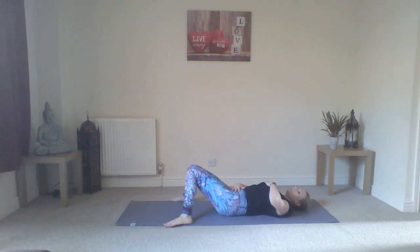So when you're ready, I'm going to come down to the ground, keep the knees bent and take the feet out as wide as the mat. And just allow the knees to drop in together. Arms can be out by the sides, or maybe you want to rest them on your belly. Really taking one hand to the chest and one hand to the belly. Closing down the eyes,